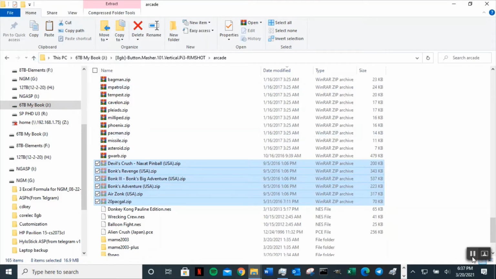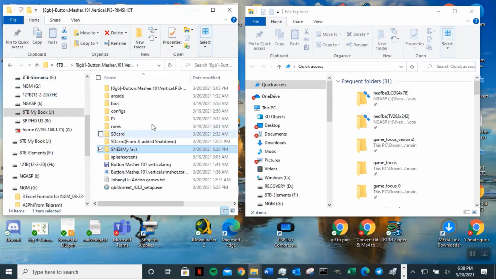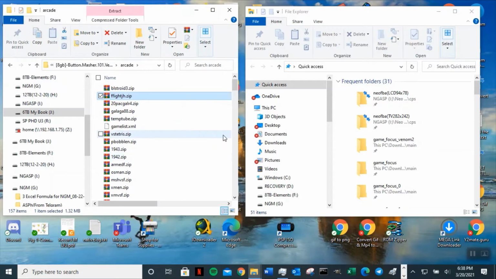And then we're going to transfer the file. Okay, the system is still running the core. Adding a core is going to take a long time, but you could do this at the same time when the core is running. So here's my arcade folder,